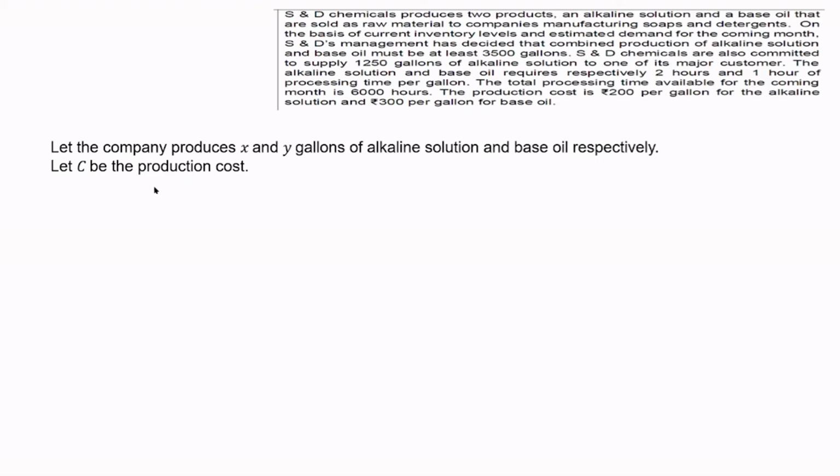So what we have to do? We have to minimize this cost. So the objective function is minimize C is equal to 200x plus 300y. Because it is given production cost is 200 per gallon for alkaline solution and 300 per gallon for base oil, we have to minimize this cost. And then we will see what are the constraints. Subject to the constraints,